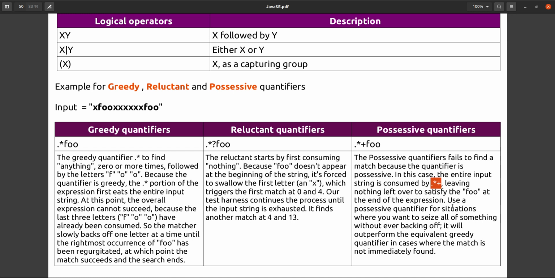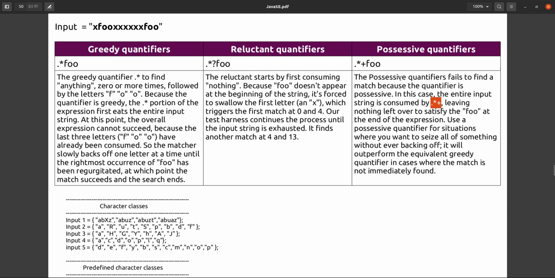It is saying at least one time it should come. So here this entire input will be consumed by this dot star plus, which means at least one time it is representing. Whatever is coming, the dot will be replaced with x, it should come one time.